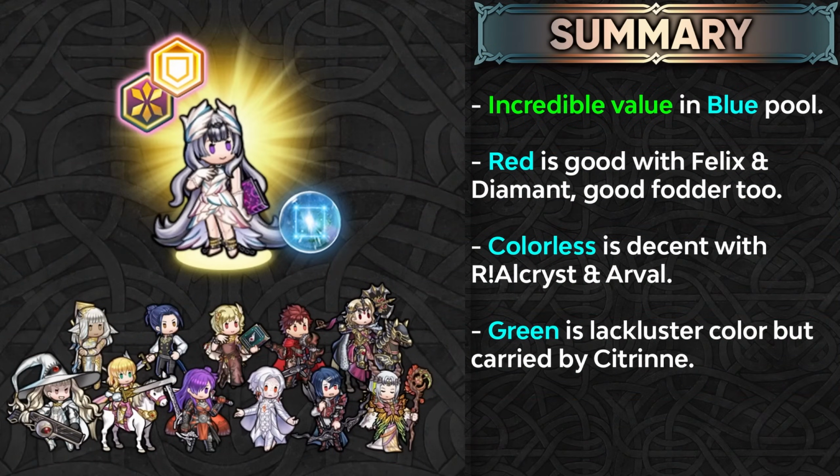providing you with some incredible value when it comes to the blue pool because Veyle is going to be color sharing with legendary female Shez, who's absolutely amazing as a nuke, and we also have Freyr, and I think that Freyr is the best Anima Mythic, so that is really good for the people who are going to be summoning on this banner. And Red Pool is also pretty good with Felix and Diamant being good units, and they also